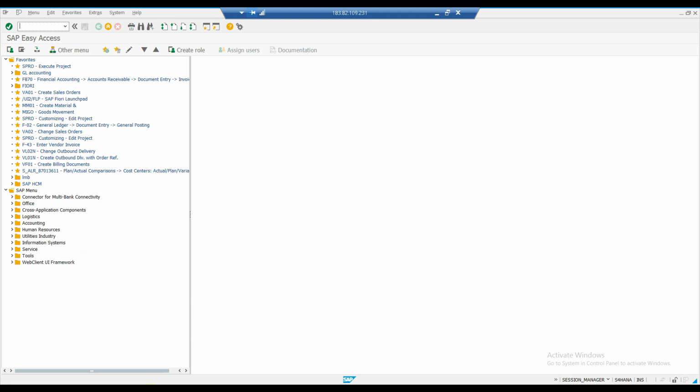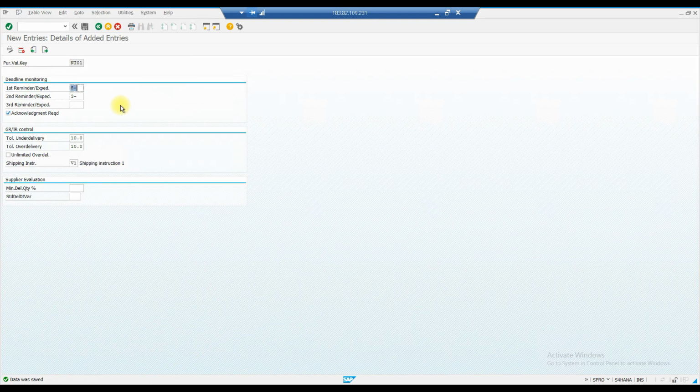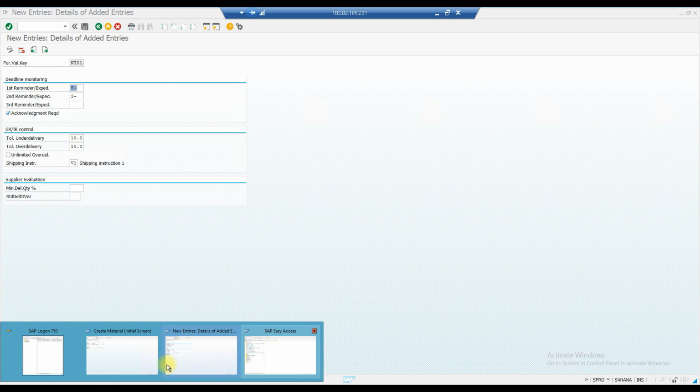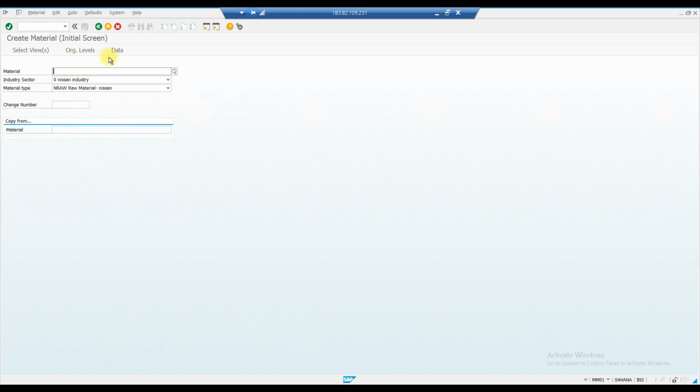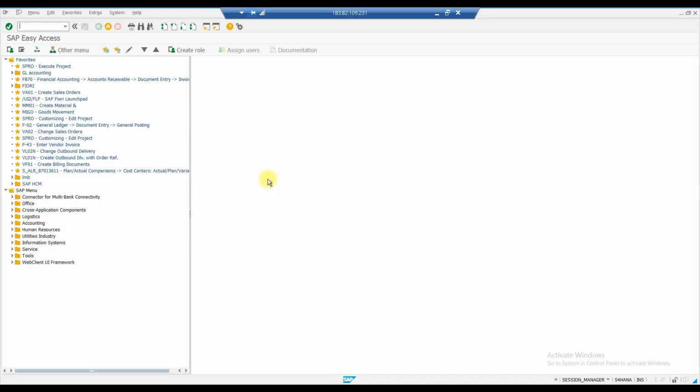So first let's understand what a table is. Here you have created some data and you have saved it, right? You have clicked on save and saved the data. That data will be stored in some place, and that place is called a table in SAP. So in the tables, it will be storing the data. If you want to see the table information or table data, you have to go to a T code that is called